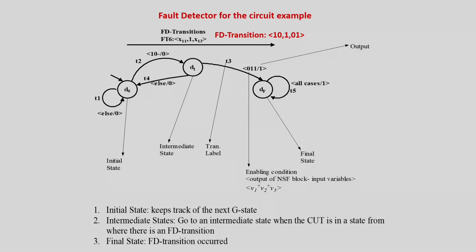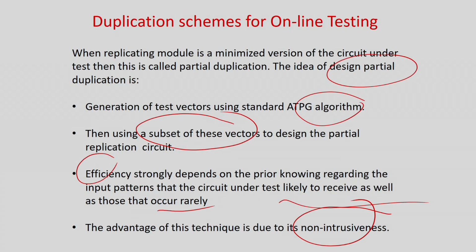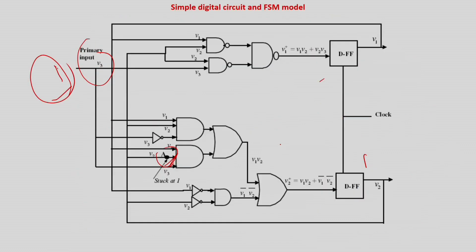Now they are going to design an online tester to detect it. For the time being, let us assume that there is only this, because in this case there is only one edge which is detecting the error. So very easily you have to detect, this is the only one which detects the error. So you have to design an online tester using this mechanism, or by using this FD transition. So the job is to make a normal version of the finite state machine, make a faulty version of the finite state machine, and collect all such FD transitions. FD transition means fault detecting transitions. Collect all such transitions which are making a difference. Using those transitions, you will make module 2. This one you are going to make, module 2, which is going to detect the errors online.